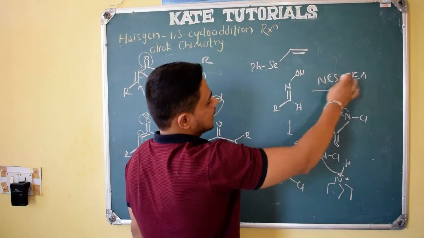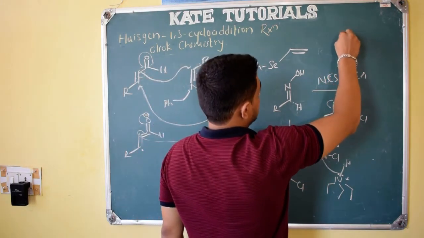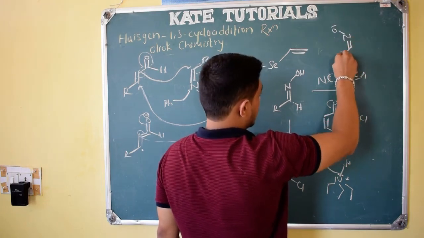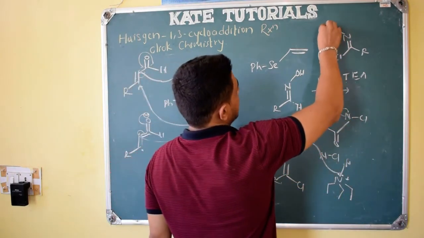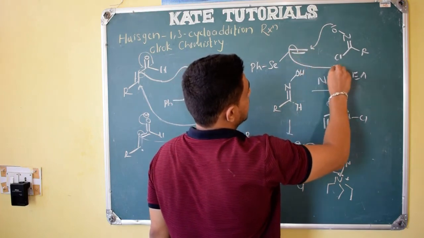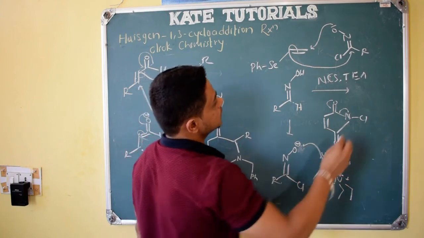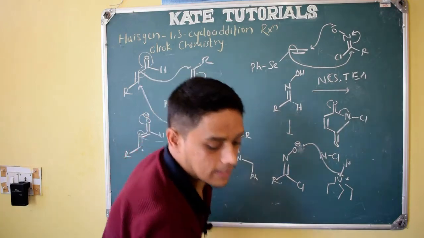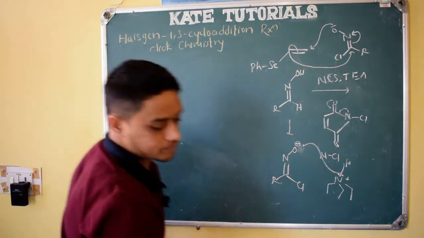So we have this, and they have given this reagent. So what I got here, NO minus, double bond, chlorine, and R. So what happens? See here, this attacks this position, and from this position carbon, it will attack this, and nitrogen is carrying positive charge here. No, it's not carrying, but the electron density moves on nitrogen, right? So what happens? Let me rub here so that I can give you the product here.